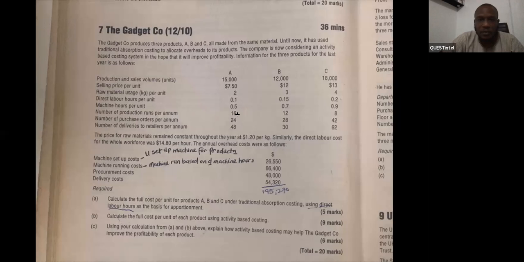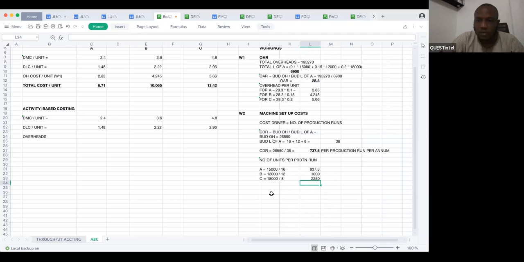Okay, so where are we now? So how much are we giving to? So our cost per unit now. So cost per unit will now be, so for A, will be equal to our cost driver rate, which is this per production run per annum. And then the number of units per production run is this. So we'd have